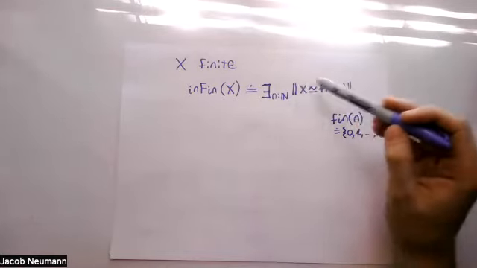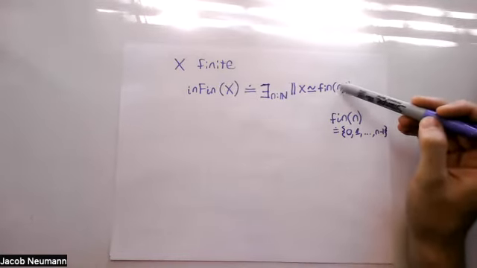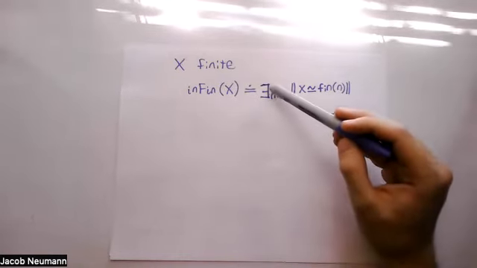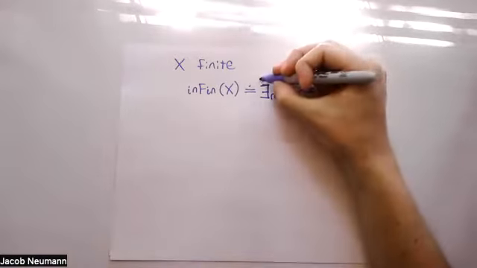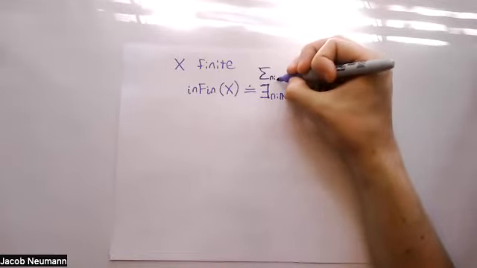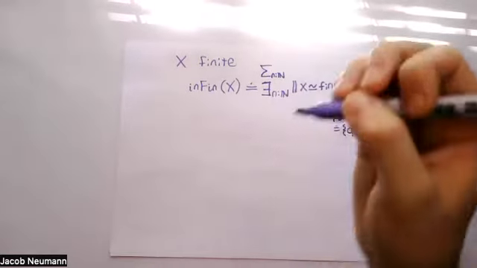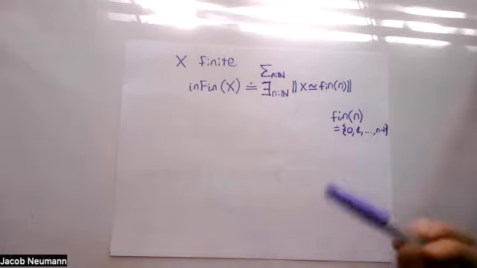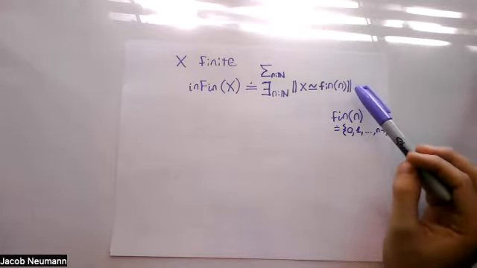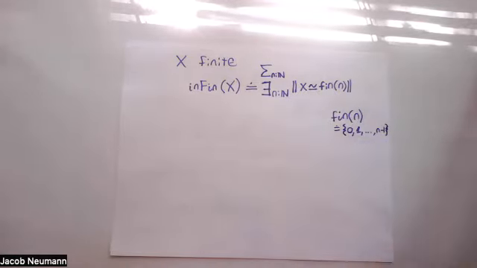And since x can only be equivalent to one given natural number, it actually doesn't matter whether we use the 'there exists' or if we do the sigma type. As long as this is truncated, it doesn't matter which of these we use. Okay, and so we say that x is finite, which means that it's going to be merely equivalent to some natural number n. And so what we're